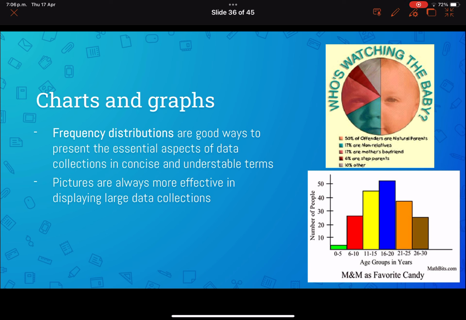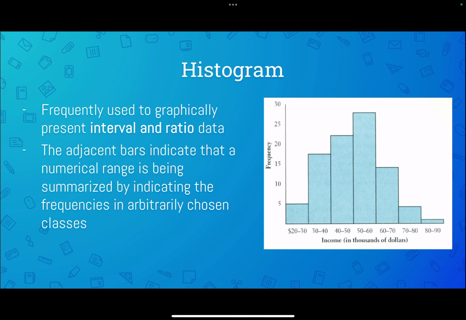large data collections. So for example, if we were talking about who's watching the baby, we can see a pie chart. Or if we're talking about what is our favorite M&M, we could also have a bar chart. We will see some, but not all. Right now, we have many ways to see data in bars or charts, but we're going to go with the